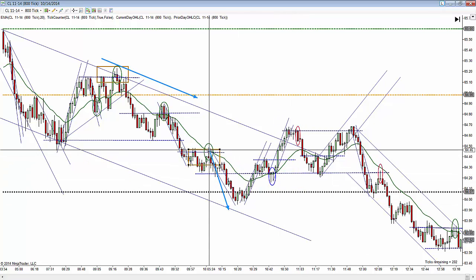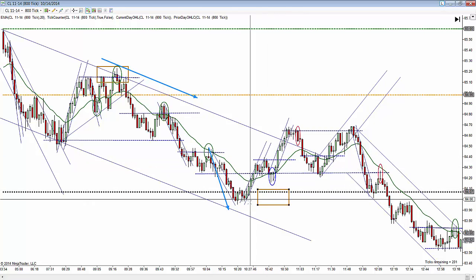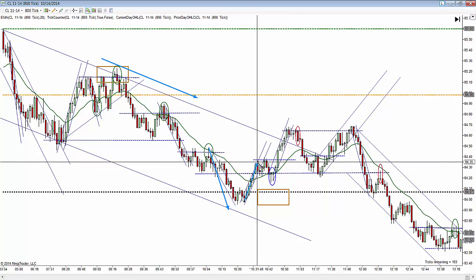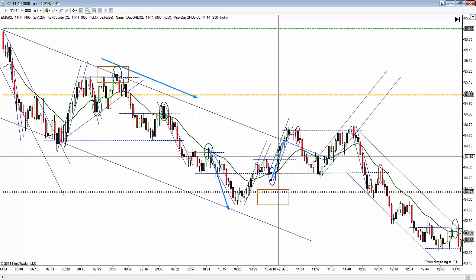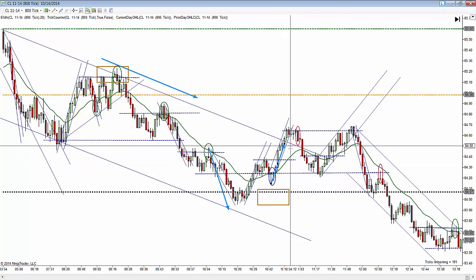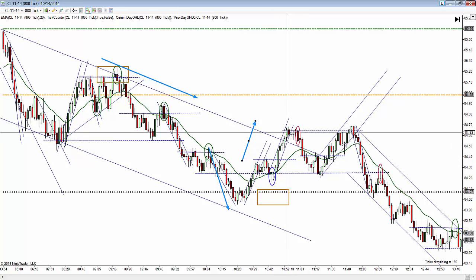We got room to get up to these double tops up here. Even though this one's a little bit lower, there's some room here, and I'm looking here for a measured move. So here's your move up here. You get the first pullback, second pullback, and I'm looking for at least around here somewhere in this neighborhood. And you can see it tested the other side of this channel. Breaks up above the channel, and then we have a failure.